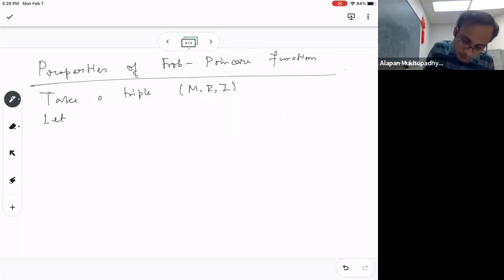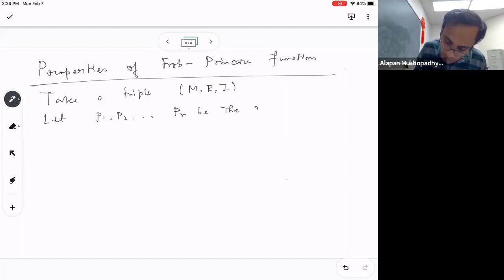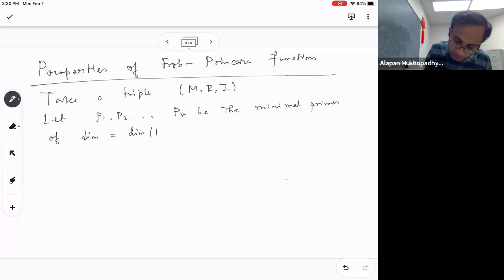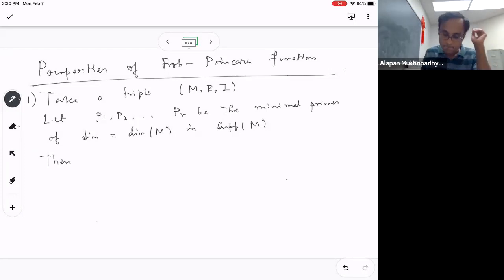So let P1, P2, ..., Pr be the minimal primes of dimension equal to the dimension of M in the support of M. So look at the support of M and then pick the minimal primes of maximal dimension. Then the Frobenius-Poincare function of M, R, I is the same as